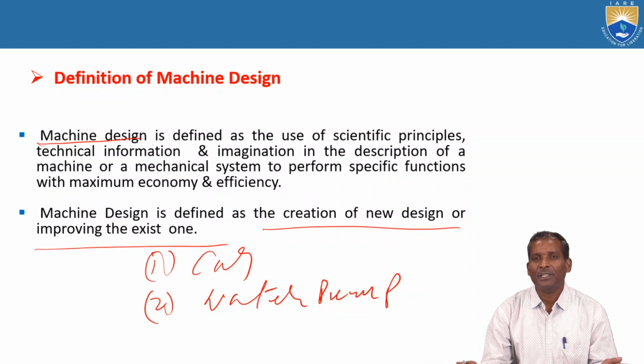And the design of machine elements. Suppose you use the process for machine elements. A machine has a lot of parts. Suppose you take the example of a lathe machine. The lathe machine has a lot of components like lead screw, carriage, headstock, tailstock, tool post, and so many bolts and nuts. Each and every component you have to design before assembly. That is also called design of machine elements.